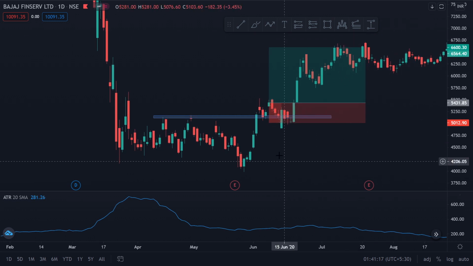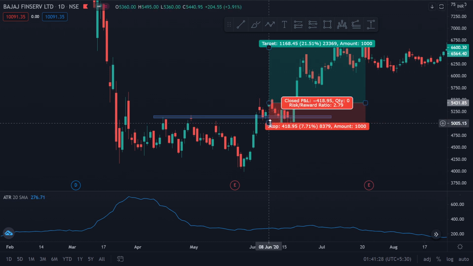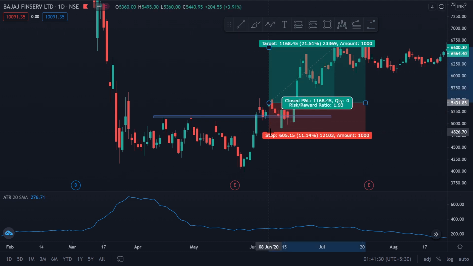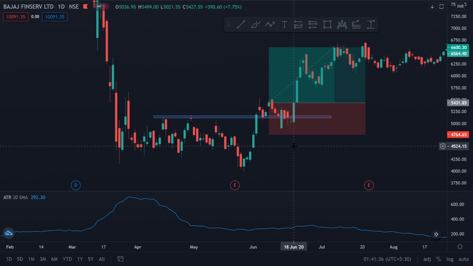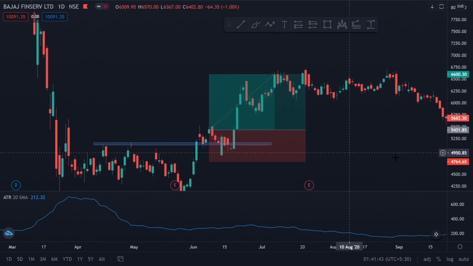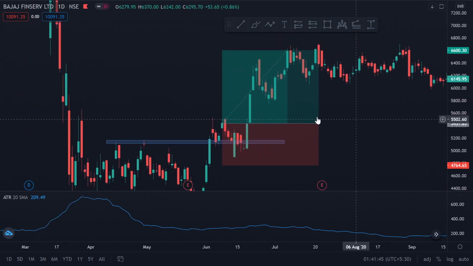Now how do you avoid this? Again, same thing. ATR here is 276. My stop loss here is 5000. Now 5000 minus 270, how much is that? 4730. Now if I place my stop loss at 4730 instead, which is around these areas, see, I have avoided the stop loss again. So just by increasing my stop loss just a bit, I've turned a losing trade into